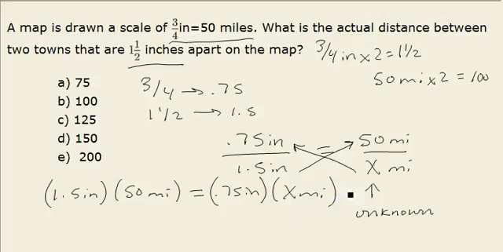We need to get x by itself, so we multiply each side together. So we're left with 75 equals 0.75x. Then divide 75 by 0.75 to get x by itself. So x equals 100,